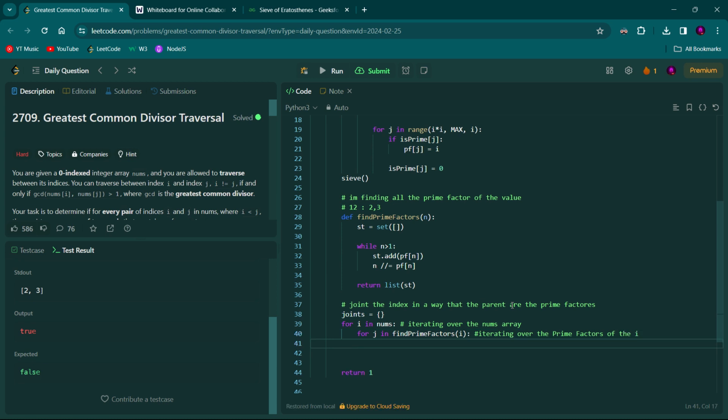Okay, now I have to join them. So I have to find the index, and the thing is,